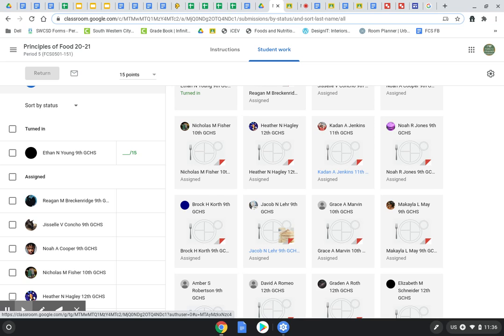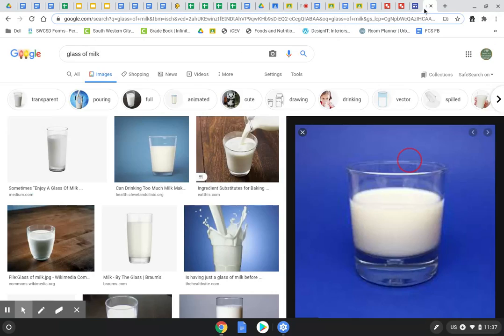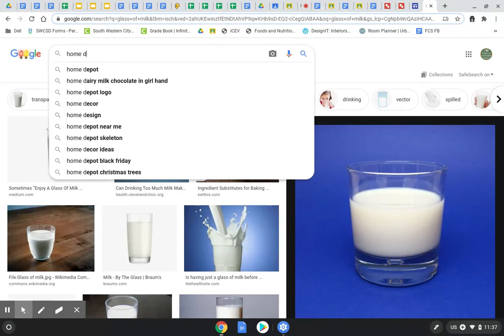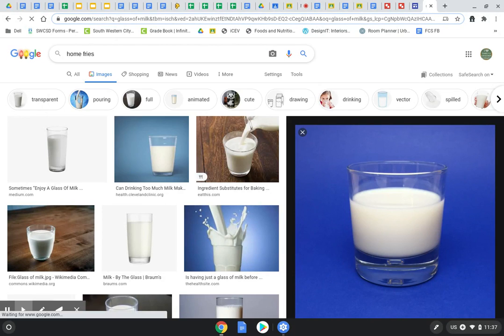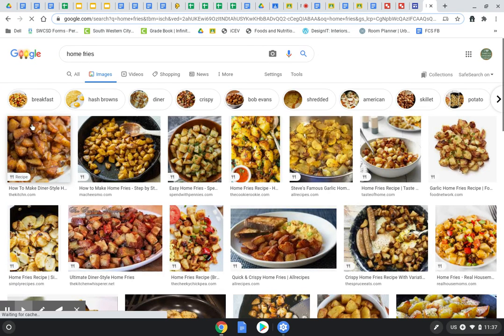Okay, so Kaden, get those pictures on your plate. All right, the home fries, eggs, and bacon. All you have to do is Google it. Just Google a picture of home fries here. All right, lots of options. That's making me hungry.